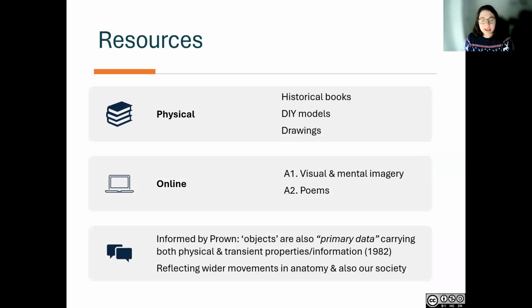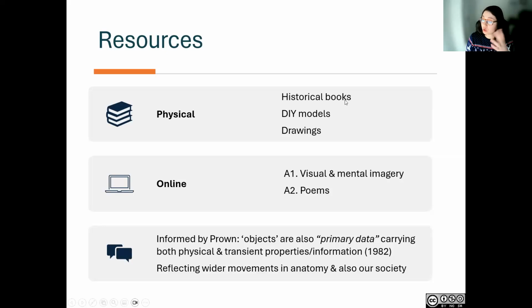As I said, I use different resources. I thought it would be useful to have a slide explaining what these resources were and what informed the choice of these resources, because they weren't just selected by myself. First of all, I wanted to have resources that can cater to physical on-campus settings, but also online environments. So in terms of physical, when we're talking about the first artifact, so the lecture and the workshop, we